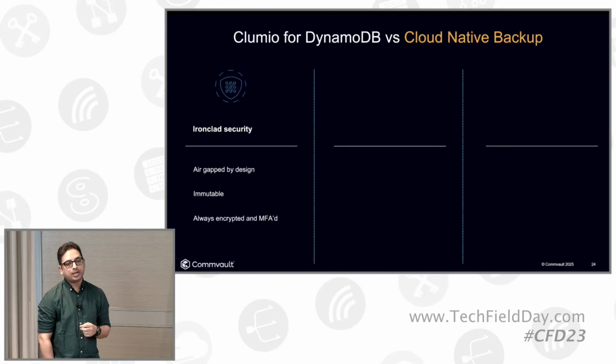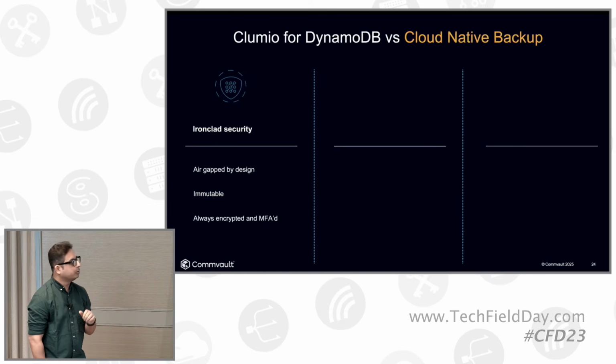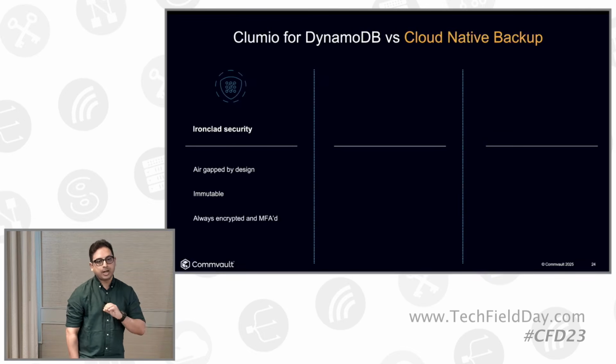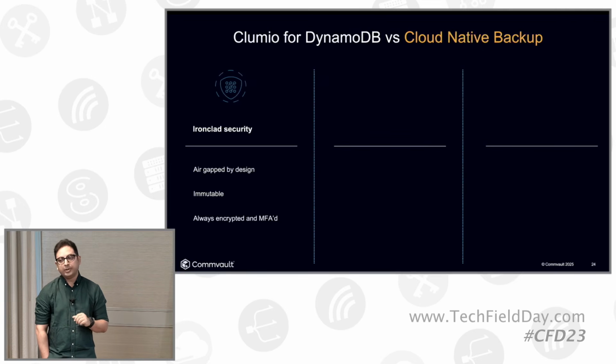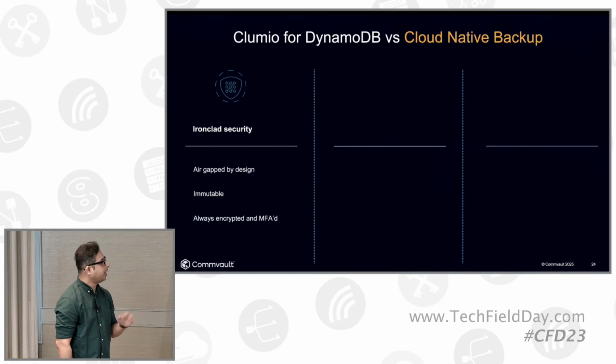All right, so let's talk about DynamoDB real quick. With DynamoDB, you don't have a lot of backup options in the cloud today, right? So they have something called point-in-time recovery. DynamoDB backups come with point-in-time recovery for 35 days. Again, these are stored within the same account as your primary data, so you don't get air gap, and the backups are not immutable, because once you delete the primary data or once you turn off PITR, you lose all of your backups, right? You can't go back to any point in time after that, right?